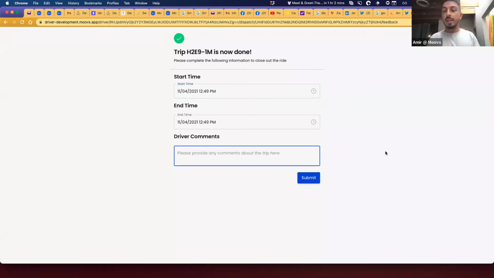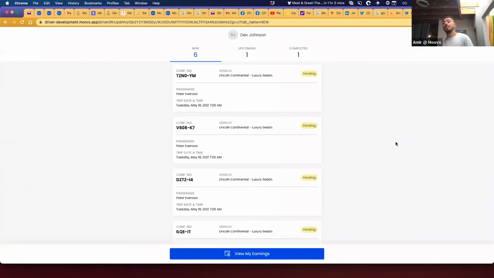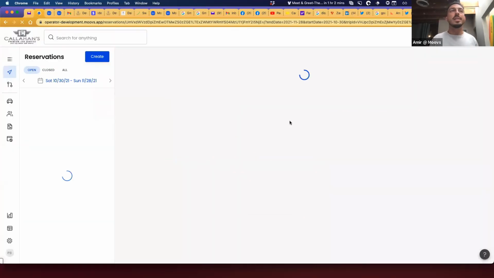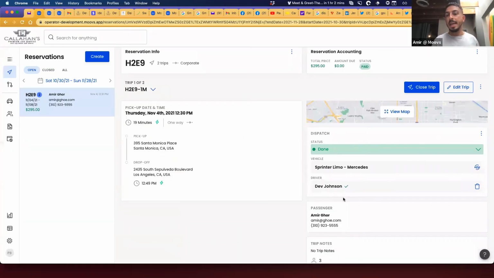And then also here, they're going to leave you a comment that says, customer threw up in the car, right? So now the driver's closed out the trip. So whether that's you or your driver, when you come back into the Moovs application, you'll obviously see all of the appropriate updates.